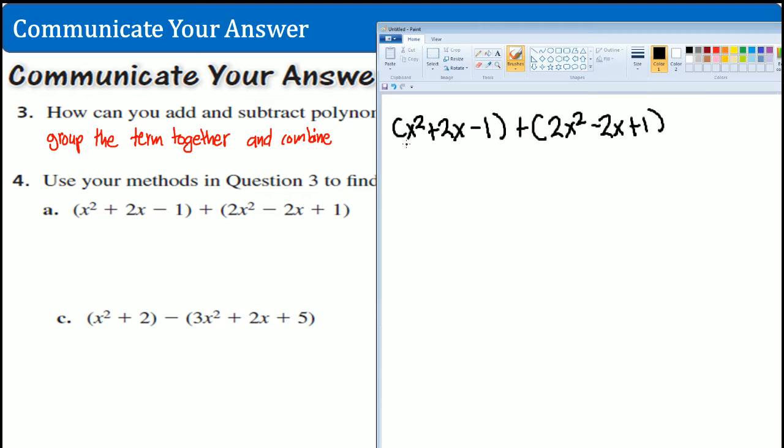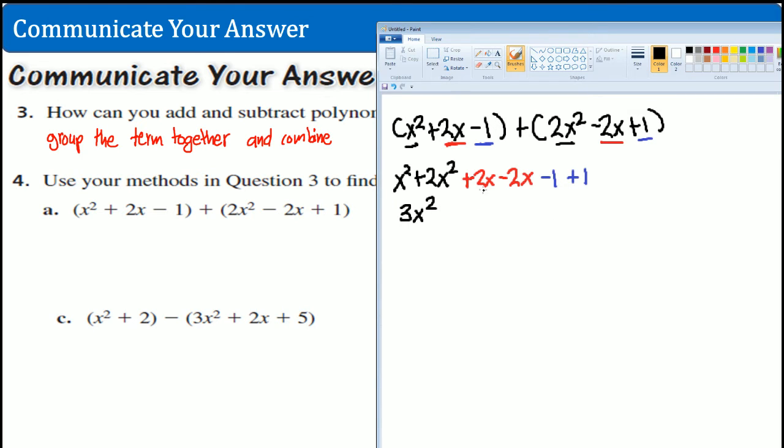So this is the x squared, and this is the 2x squared. All right, so these two go together. So x squared plus 2x squared. All right, then you had the, let me color code this here. Then you have this and this. So that is plus 2x minus 2x. Then you have the third part, which is the minus x and the plus x. Minus x plus x. Do you see how I grouped together, like how I was grouping the tiles? All right, so x squared plus 2x squared, right? They come together,